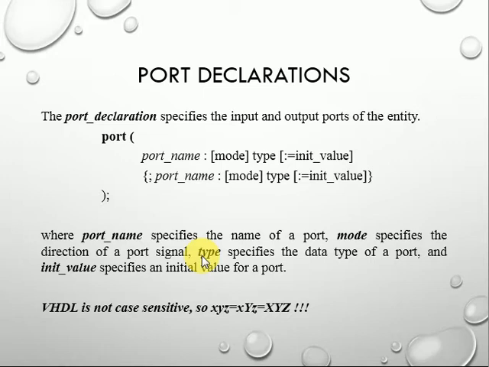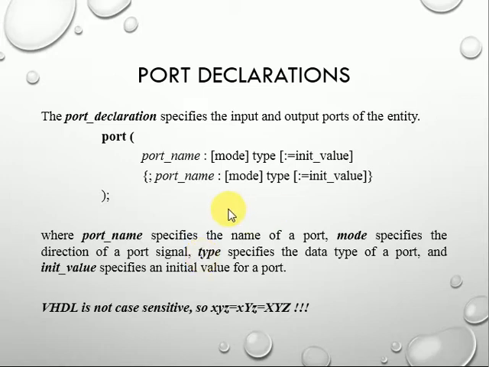So if an input port is there, you need to specify what will be the type of that signal. Whether it is a bit or another type, you need to specify. Is it a standard logic or other? Those data types we are going to discuss again afterwards, but for now we are just considering the syntax of this port.